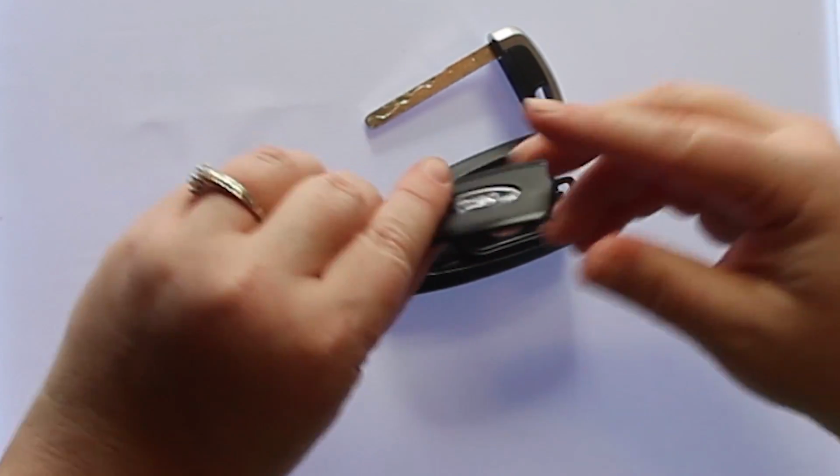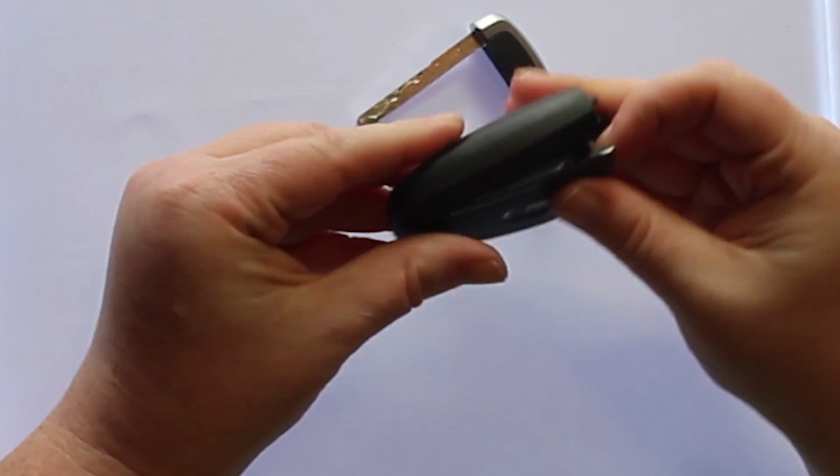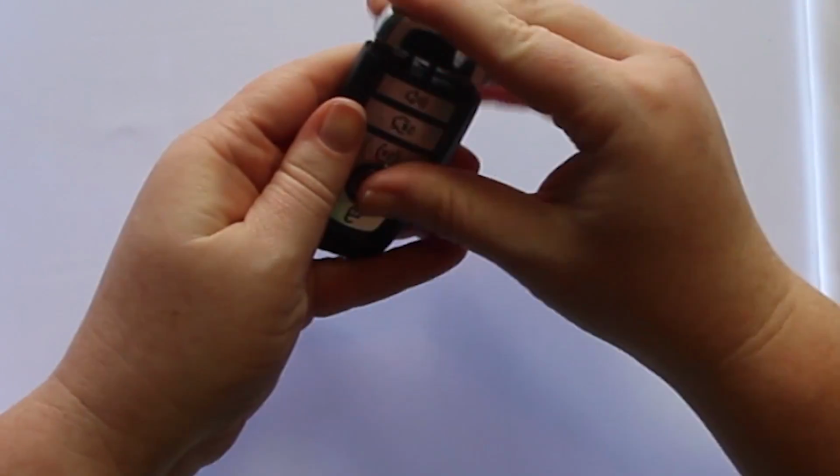With this key fob, it is plus side up. Once you have the new battery back in, you can snap the key fob back together, replace the key, and